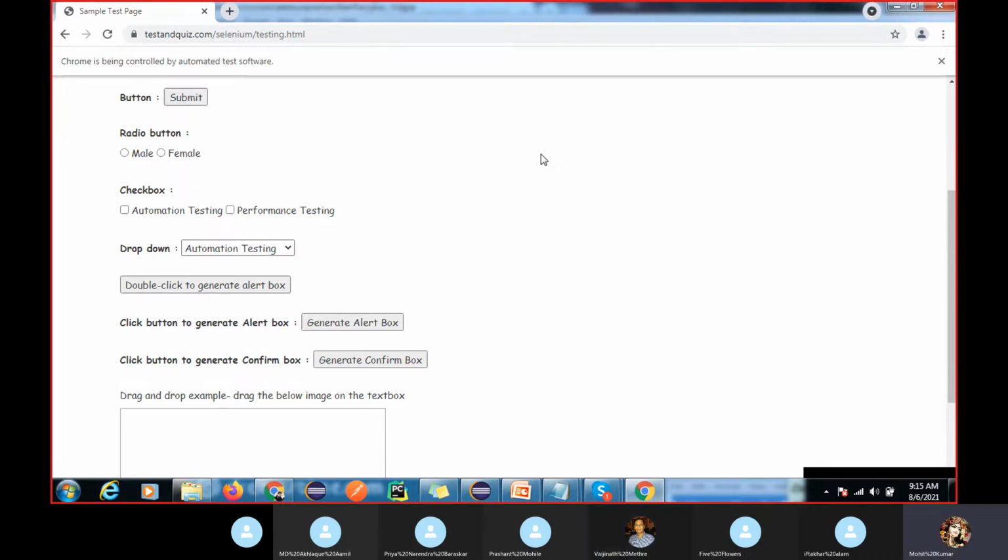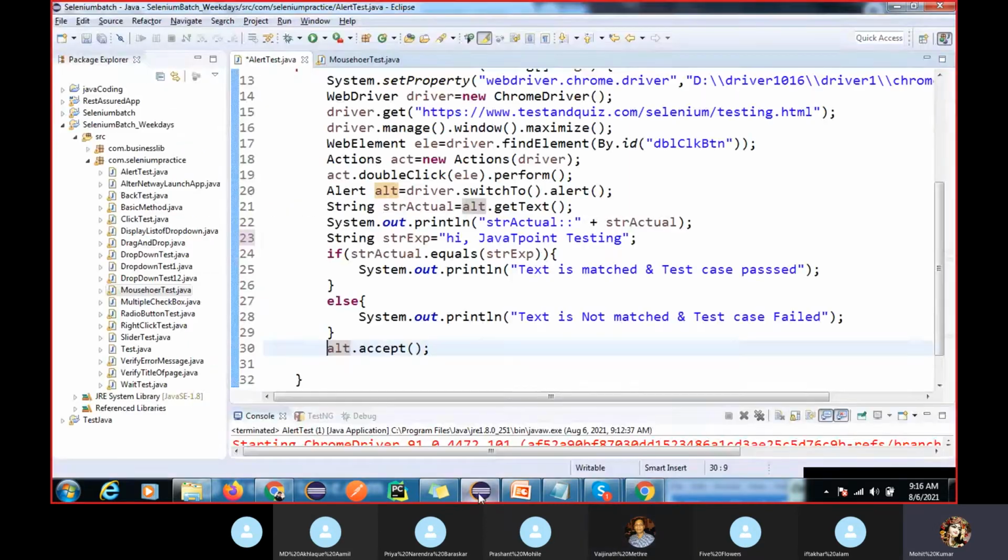Or you can check the manual behavior of the application. If you have three buttons and you click on only one, the pop-up will be gone. Understood, right? So we need to click on any one button only.